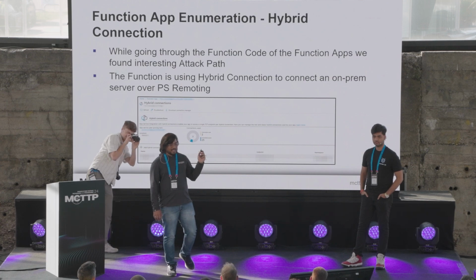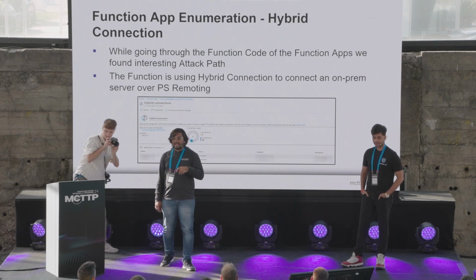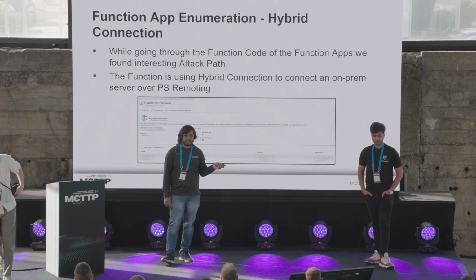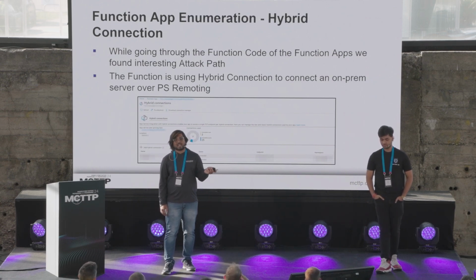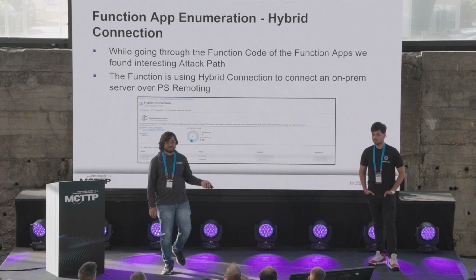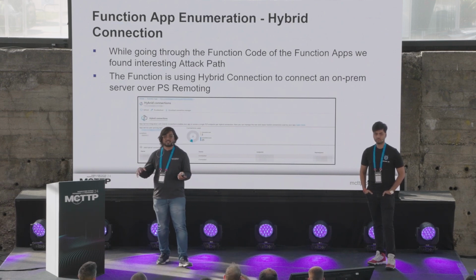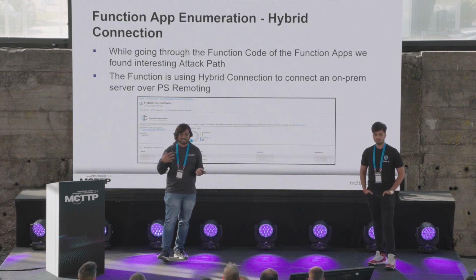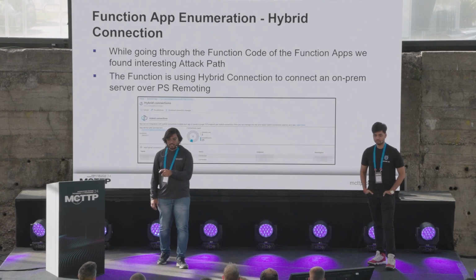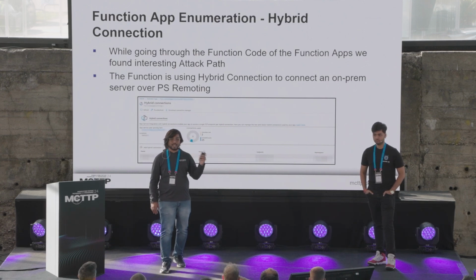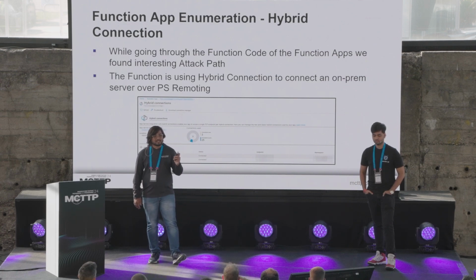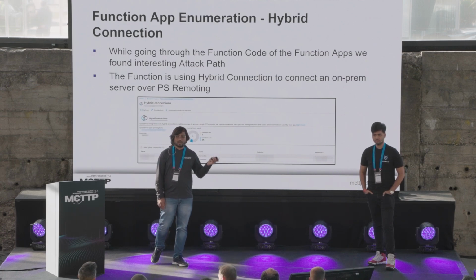So now, during enumeration, we had access. Initially, we started with the reader role. Then we compromised some of the groups which had privileges on some of the resource groups, like contributor, owner privileges, and so on. But then eventually we escalated and managed to get owner privilege on all the subscriptions by modifying the root management group. That's when we started enumerating a lot of function apps.